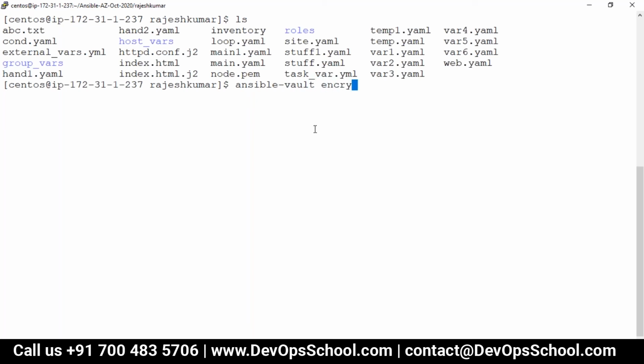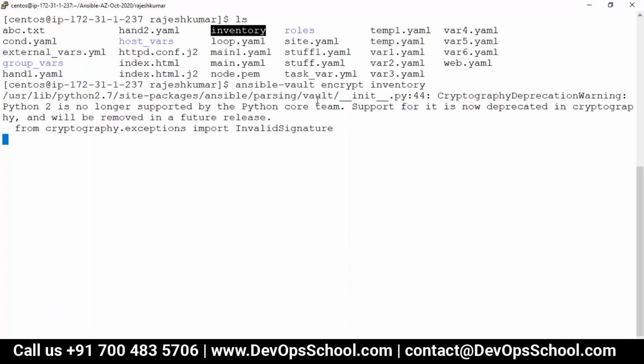Encrypt the inventory file. Does this file contain only the password, or does it have a username and a password also? Anything. My problem is not what it contains. The problem is I want to secure it. That's all. So you're completely encrypting that file, right? Yes, I encrypt this inventory file. For example, if you have multiple passwords, how will this encryption be used?